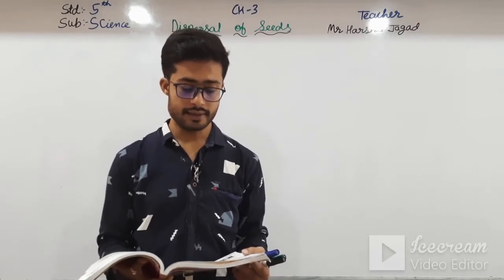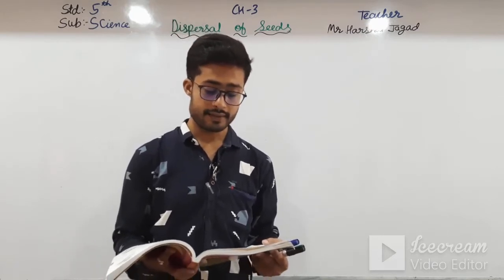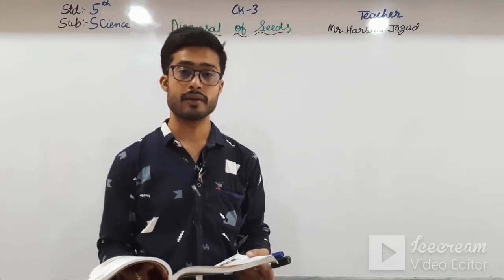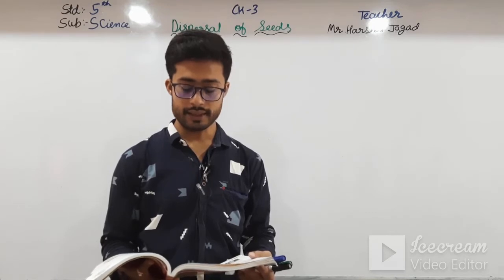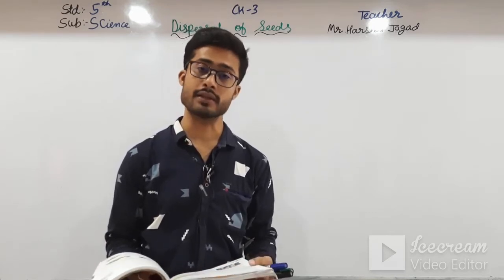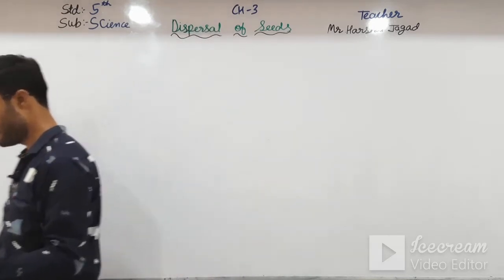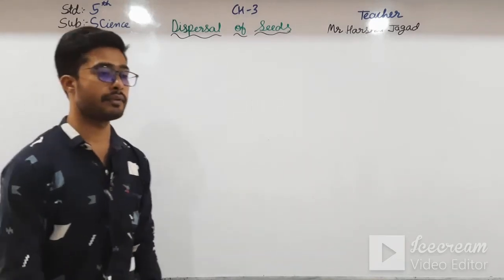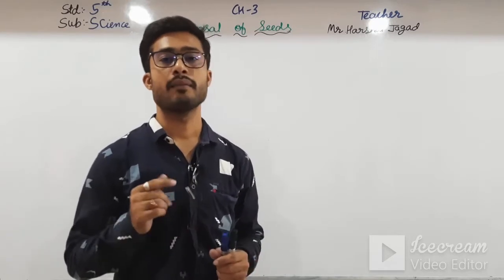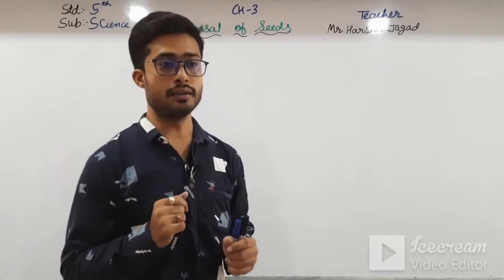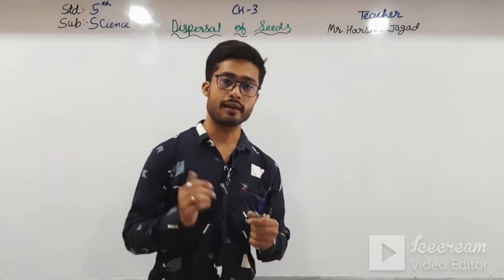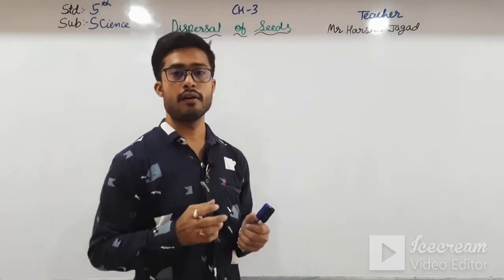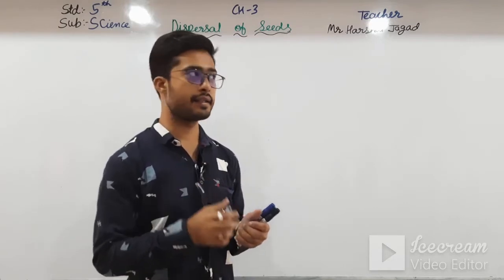Students, see the dispersal of these seeds. How do seeds get dispersed? By wind, water, birds, insects, human beings and animals, which help in the process of dispersal. In that, now we will see dispersal by the wind. Actually we have seen this in the previous video, I have just read that, but here I will revise how the seeds are dispersed by wind.